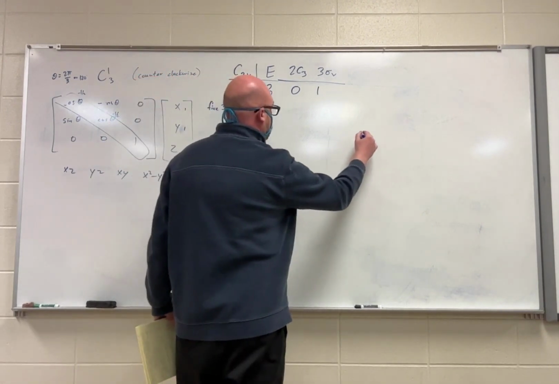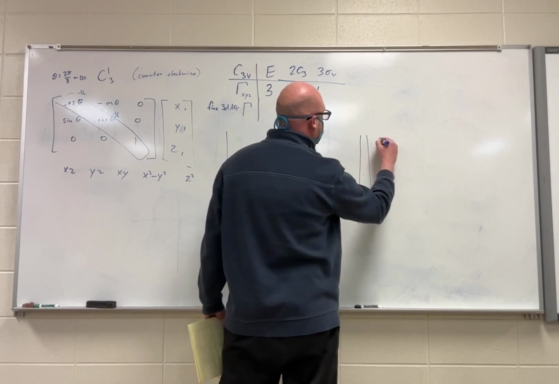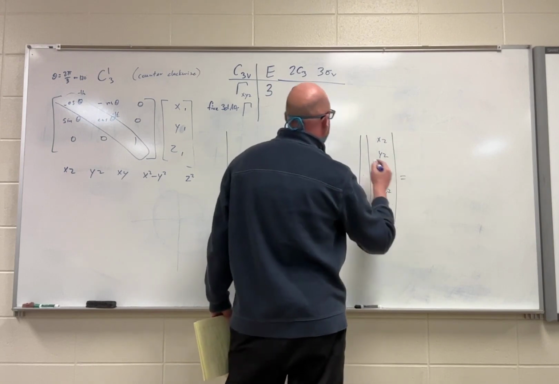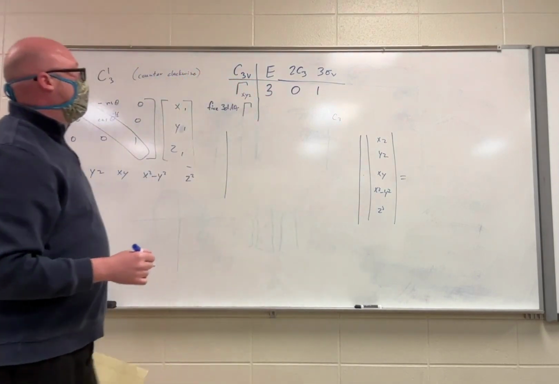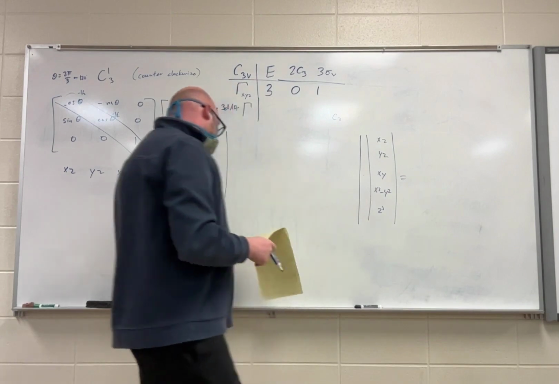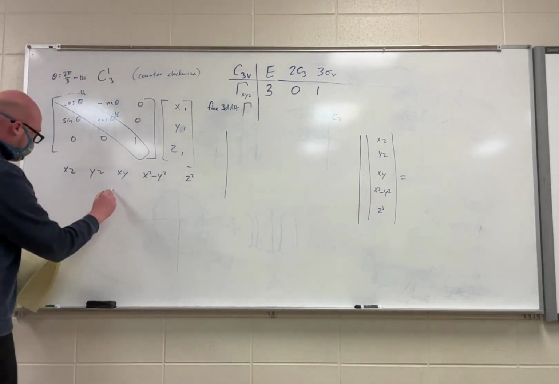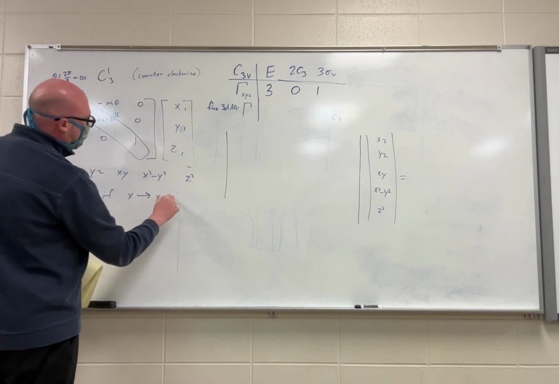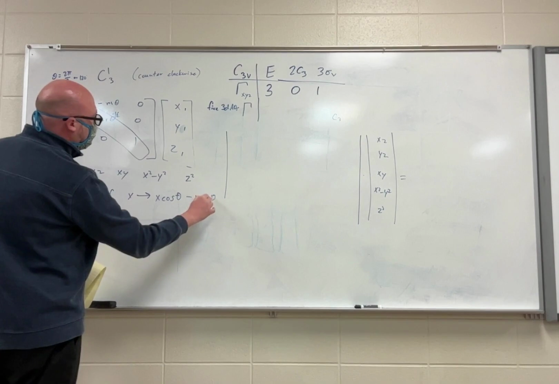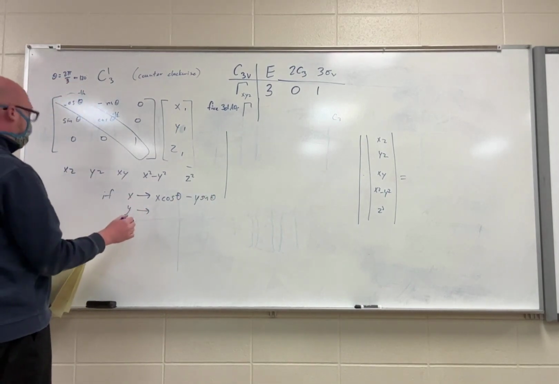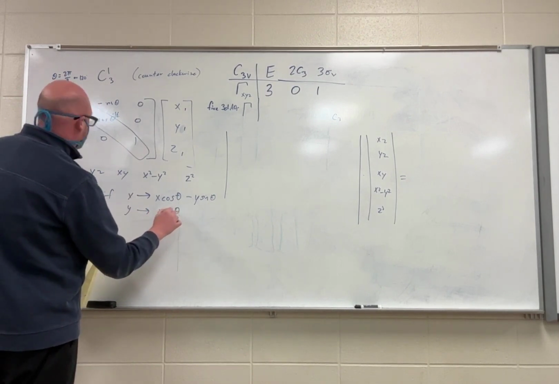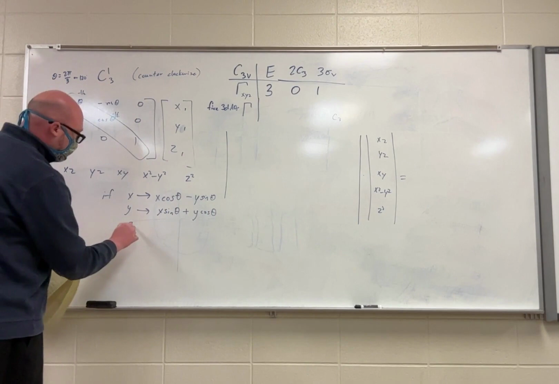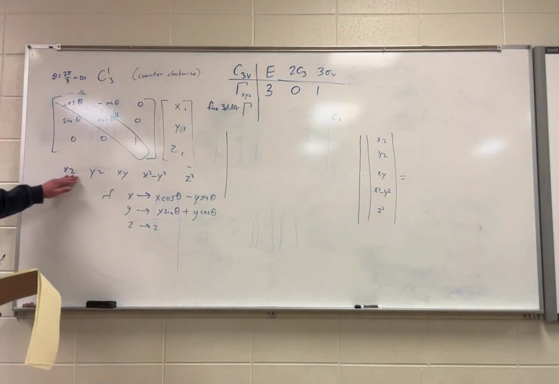I need to come up with a 5 by 5 matrix. I multiply by xz, yz, xy, x squared minus y squared, and dz squared. And I'm going to do a C3 operation counterclockwise. What happens? We already worked it out from this transformation matrix. If x goes to x cosine theta minus y sine theta, and if y goes to x sine theta plus y cosine theta, and then z goes to z,